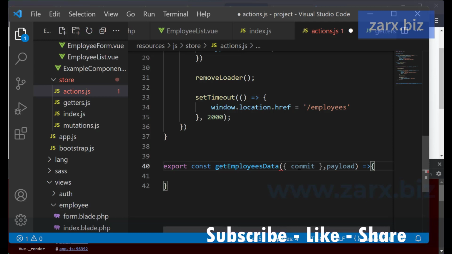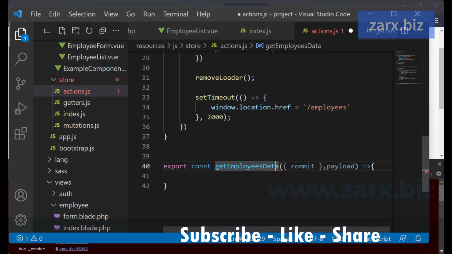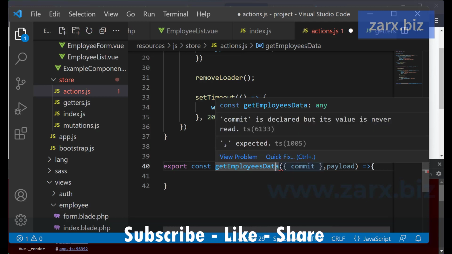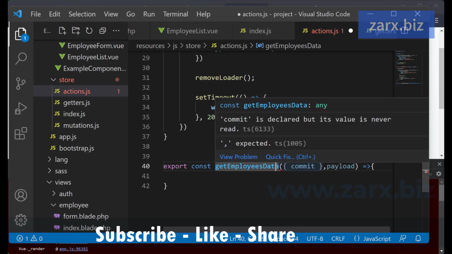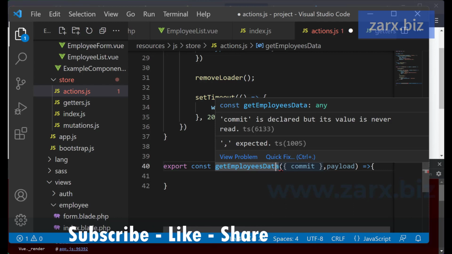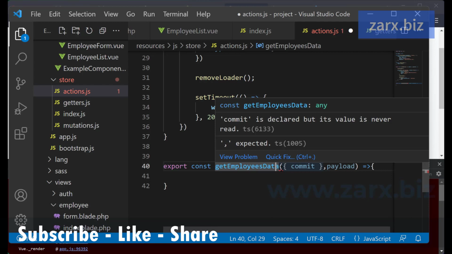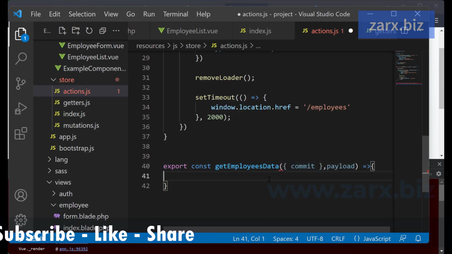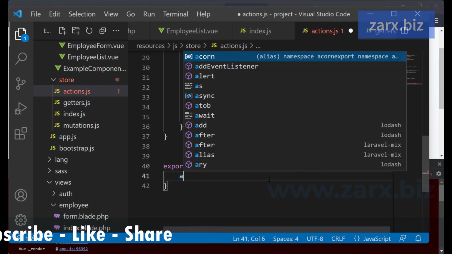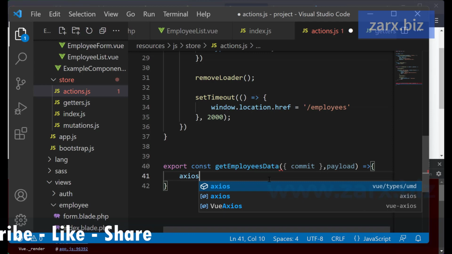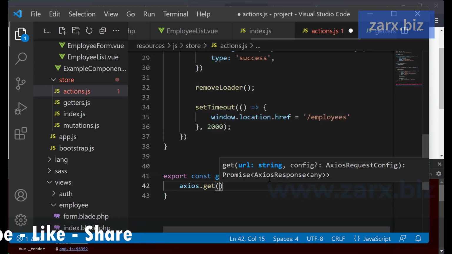All looks fine. Alright, so what we need to do inside it, I say axios, and then dot get, and here we need to